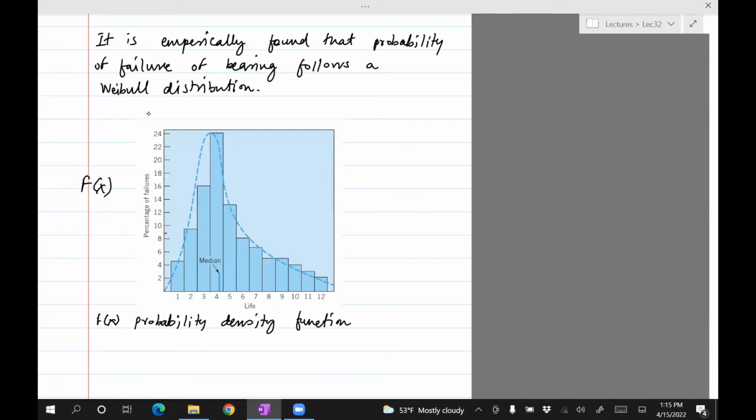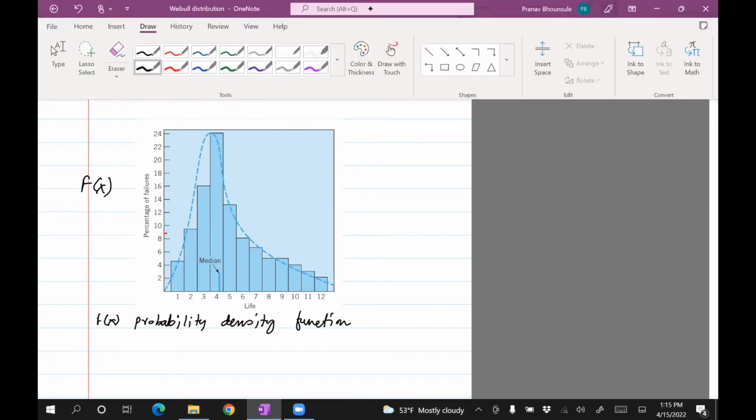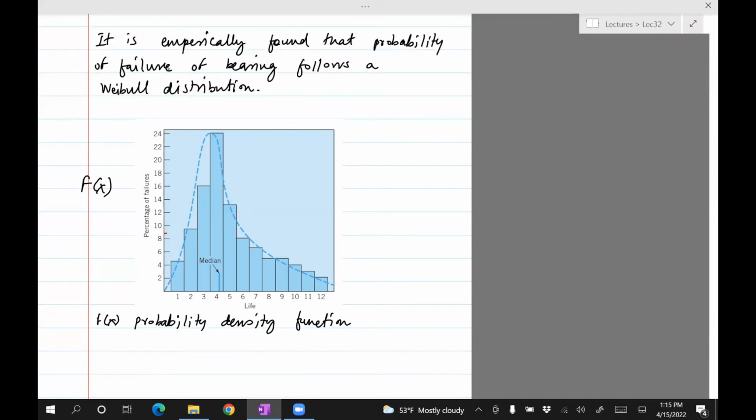Okay, so the rule is that if you integrate the area under the probability density function from minus infinity to plus infinity, you should get 1, which means that the probability can only take a maximum value of 1 and not bigger than that. In this case, since we are interested in the L10 life, we are pretty much looking at 10%. You can see the y-axis is the failure, so 10% failure is our cutoff. You just extend this, see where it intersects the Weibull distribution, drop a vertical,